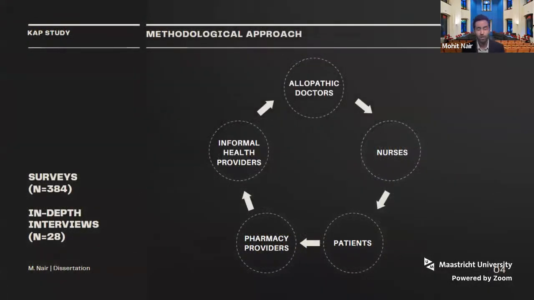A self-administered 38-question KAP survey tool was provided to various practitioners in order to gauge knowledge, attitudes, and practices. We defined appropriate antibiotic use as the right antibiotic at the right time, in the right dose, and at the right duration. And since a complete list of providers was not available in the district, we utilized a convenient sample of 384 providers that were evenly stratified between 4 groups: 96 informal providers, 96 allopathic doctors, nurses, and pharmacy providers.